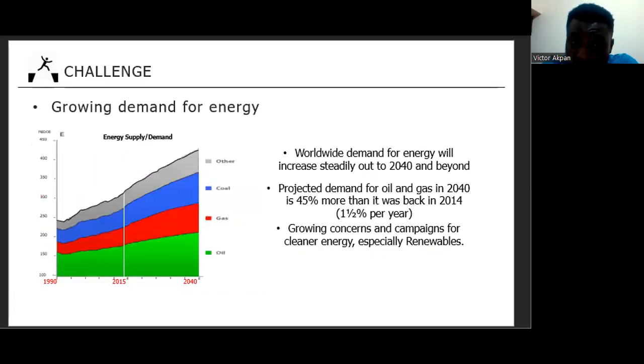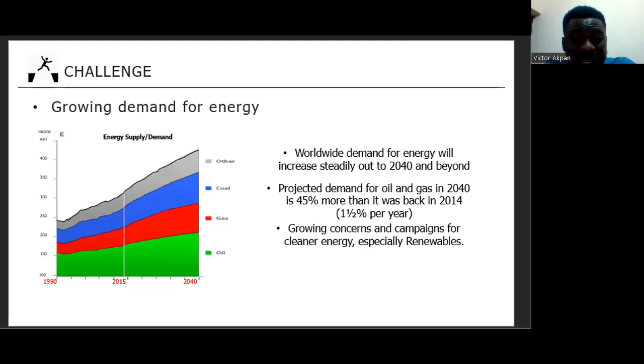Okay, there is a challenge, and it's a global challenge. It's the growing demand for energy in every nation across the world, whether you source it from oil, gas, coal, or renewables. There is a growing demand for energy, and research has found that the worldwide demand will continually rise steadily, even beyond 2040. But specifically for oil and gas, projected demand by 2040 is 45% more than it was in 2014. And that would mean